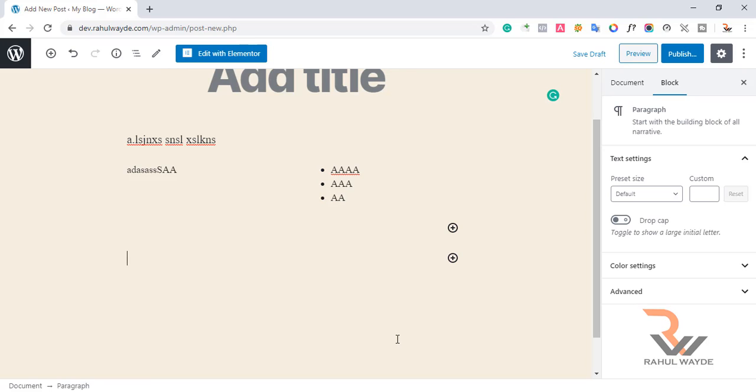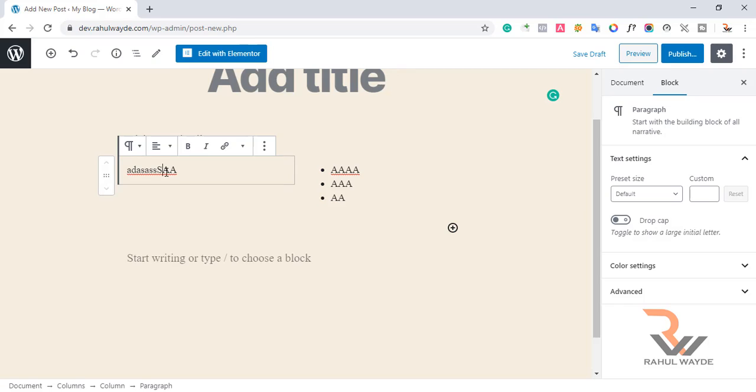Okay, so now the second feature that has been added is the breadcrumbs. What I mean is that when I click on this paragraph section here, then you will see the breadcrumbs here, which is paragraph, column, columns, and then document. So what it is showing is that when I click on this paragraph, I am on the paragraph section.